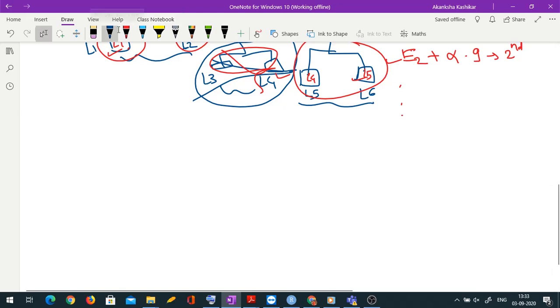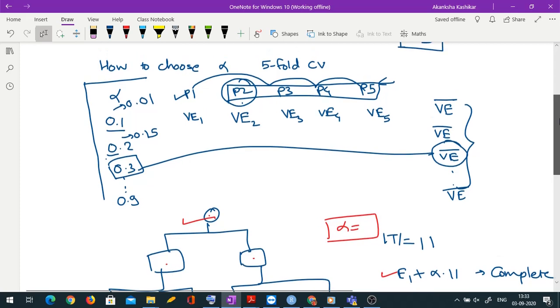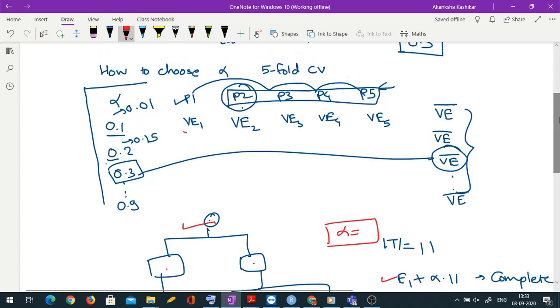Okay. So this is about cost complexity pruning. So for every alpha you get the best tree. That tree you use for getting the validation errors. And then from those validation errors you choose the best alpha. So the choosing happens twice. For a given alpha you choose a tree. And then by experimenting with different alphas you choose the best alpha.